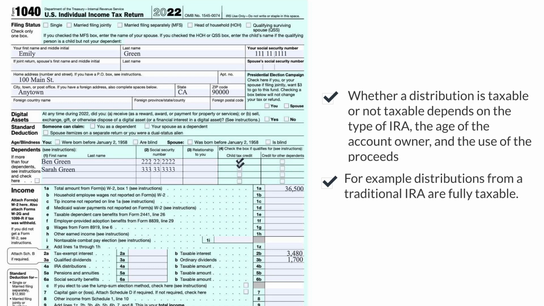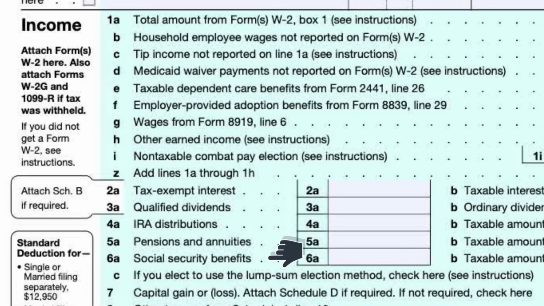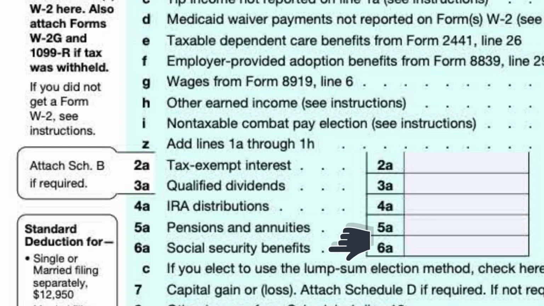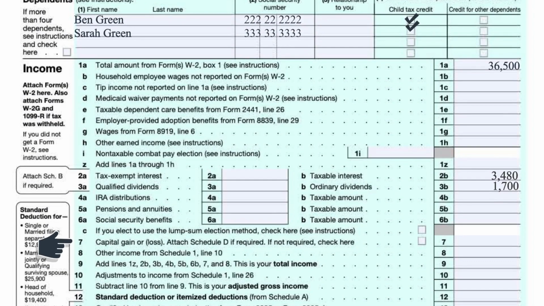Emily does not have any distributions from an IRA, so we're going to go on to line 6. On line 6, Social Security benefits are entered. Social Security benefits include monthly retirement, survivor, and disability benefits. Emily does not have any Social Security benefits, so we're going to go on to line 7, which is for